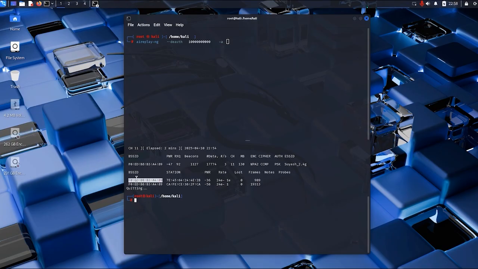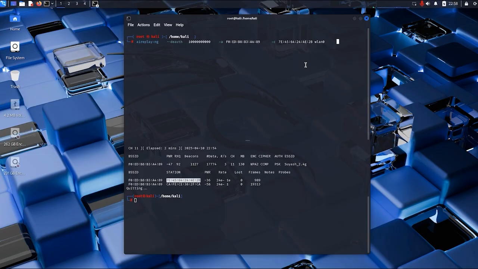So let's copy this router's MAC address here and we will just paste it here, and then we will use -c to specify the client's MAC address, and let's say we have this MAC address here. So let's copy it and paste it, and then we have to type the interface name, that is wlan0, and once we hit enter it will start the deauthentication attack.